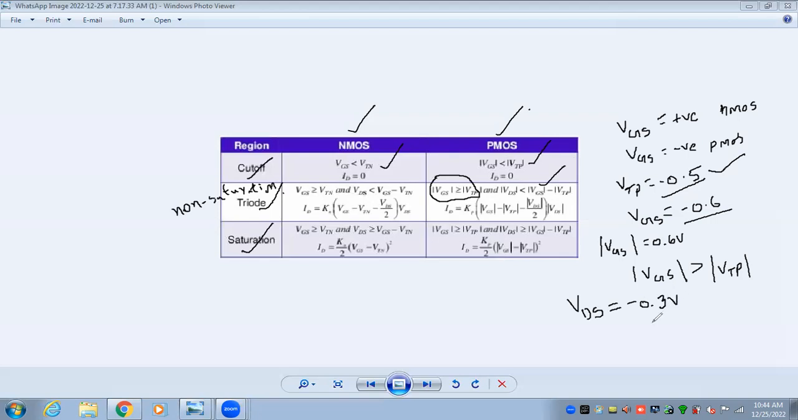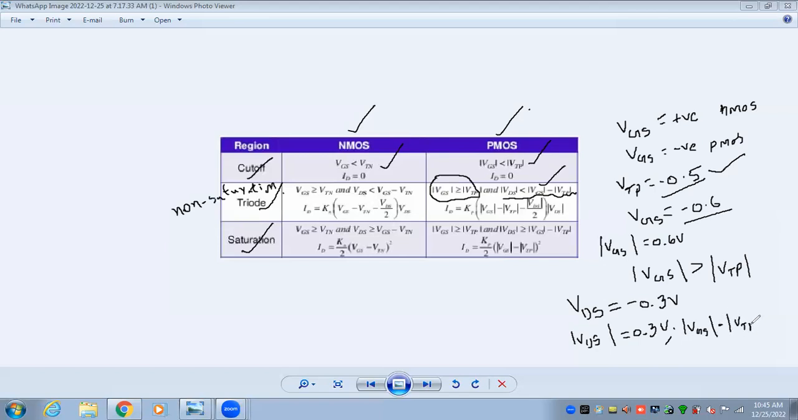Holes start attracting towards the drain, right? And if you consider magnitudes, mod VDS is how much? Mod VDS is plus 0.3 volts. And if you consider the value of mod VGS minus mod VTP, from the diagram given in the table,